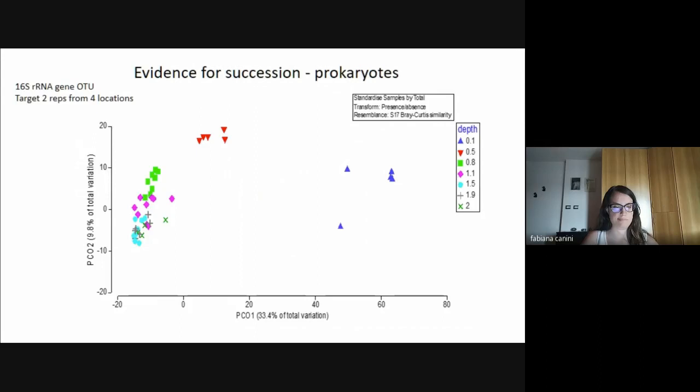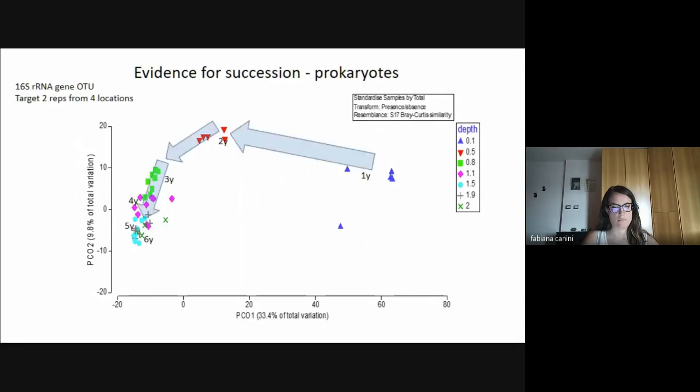So let's look at what happens as we go through a kind of a succession process within a moat system. Here we're looking at 2 replicates from each of 4 moat locations at Lake Vanda, and we're looking at them from this range of depths over here. That range of depths we can correspond to the number of years that the water has been covering the soils there. So again, from 1 year through to around about 6 years as we go from the edge of the lake down to around about 2 meters deep.